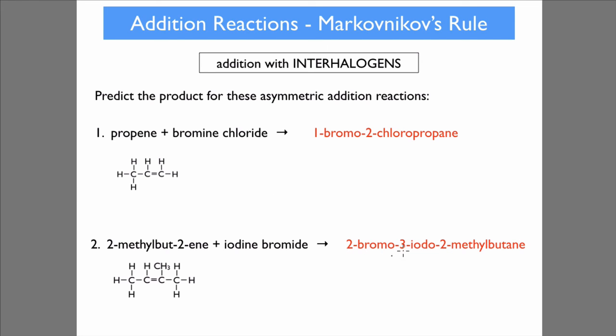And 2-bromo-3-iodo-2-methylbutane. Again, we've got the bromo having the two methyl groups stabilizing it. So the more electronegative bromine would go here, whereas the more electropositive iodine would have ended up here. Very good. And that's the end of that splendid